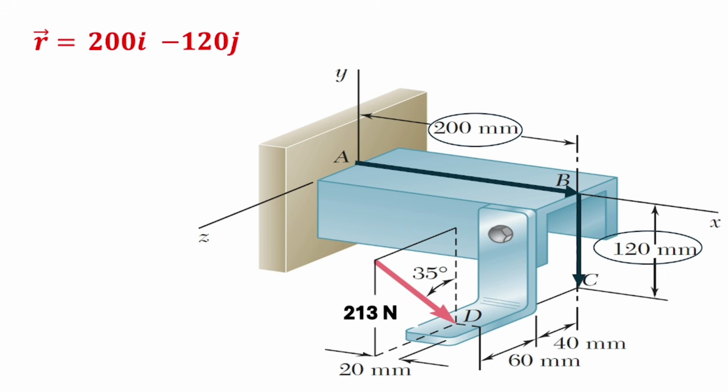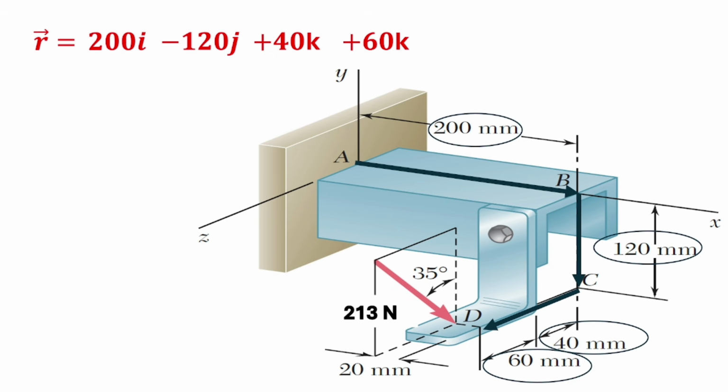Then we have the displacement from C to D along the z-axis, in the same direction as the z-axis, and the dimensions are 40 mm and 60 mm, so it's going to be plus 40k